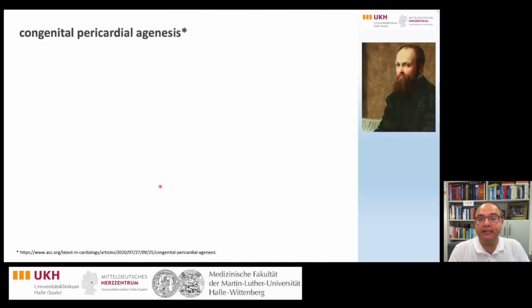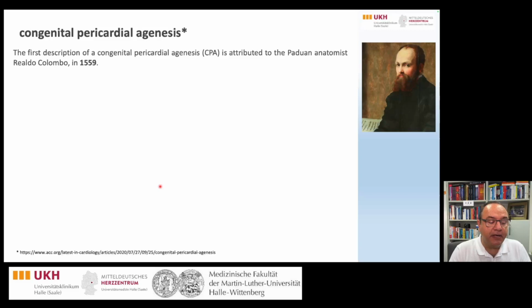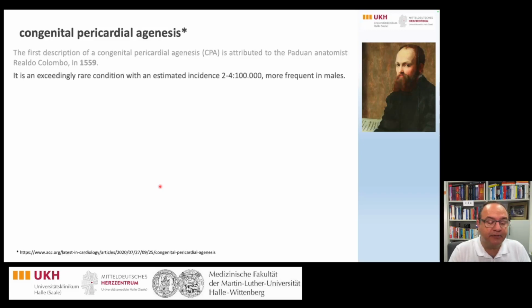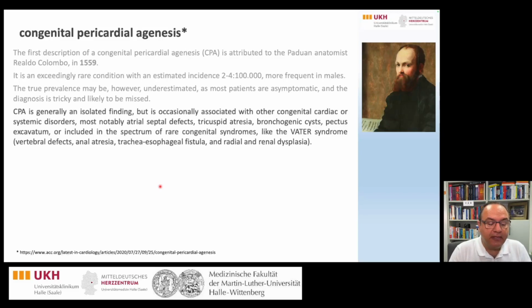This disease was first described by an anatomist named Realdo Colombo in 1559. It is extremely rare. The prevalence is somewhere between 2 to 4 per 100,000 and is more frequent in male persons, as in our patient. It is usually an isolated finding, but we have to remember that congenital pericardial agenesis can coincide with some